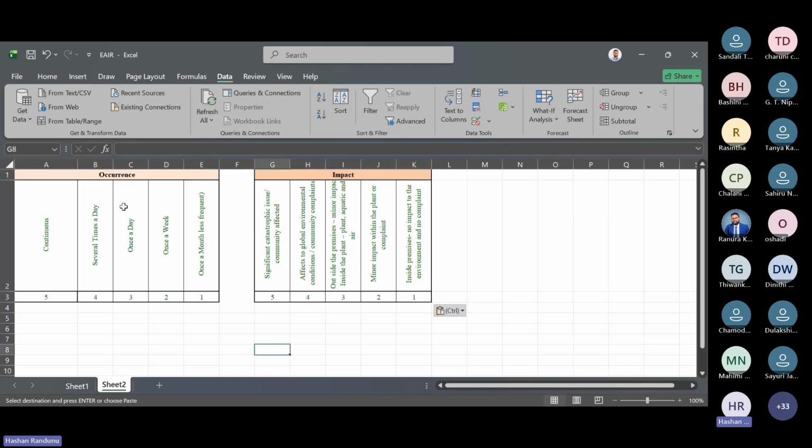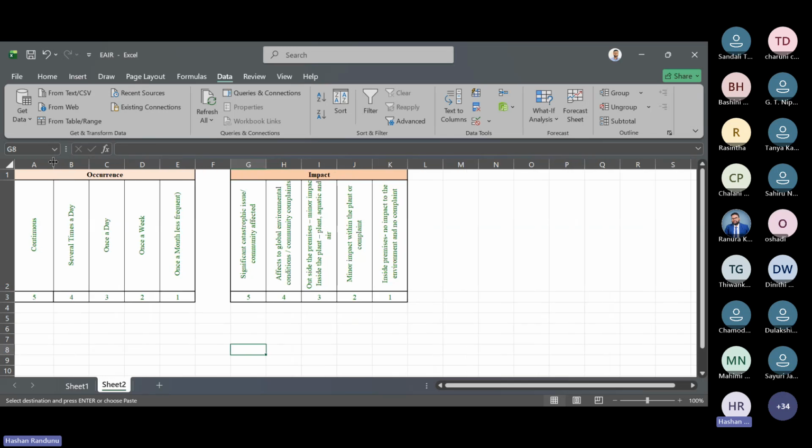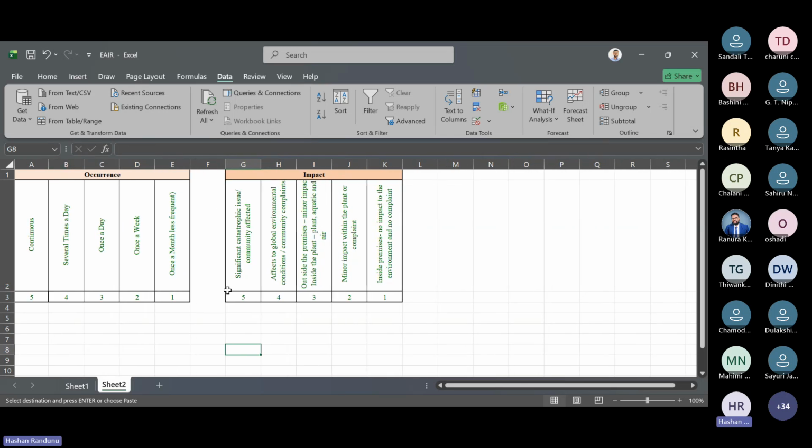Right. If you still can see my Excel, you can see the criteria that they have used to rate those likelihood and severity. If we give one, if once a month or less, and if once a week we give two, if once a day we give three, if several times a day we give four, if it is a continuous thing, then we give five. And for severity, if it is inside premises and no impact to the environment and no complaint,